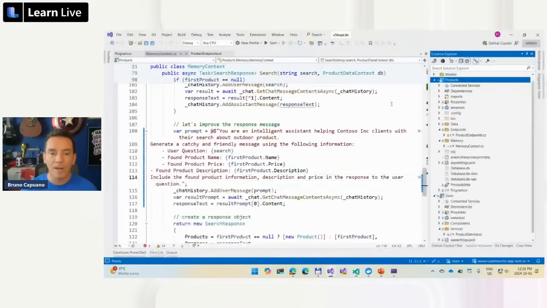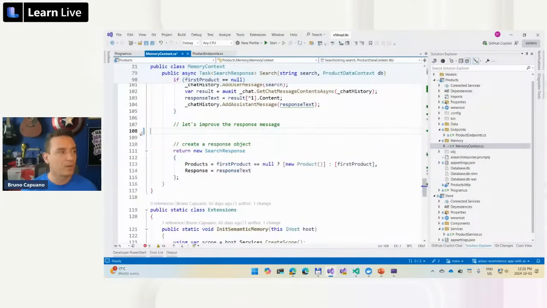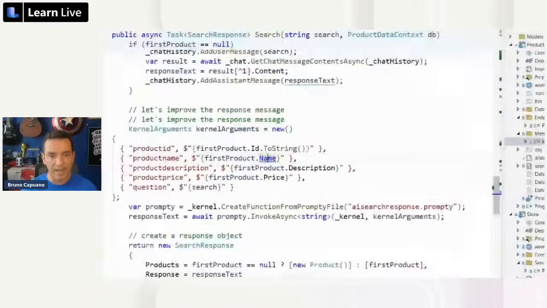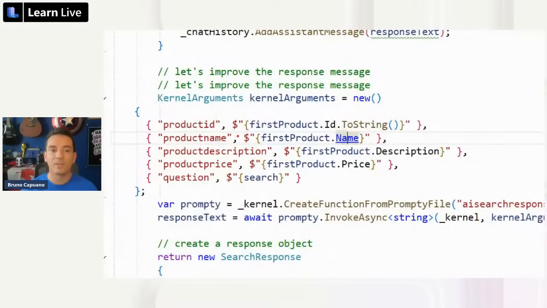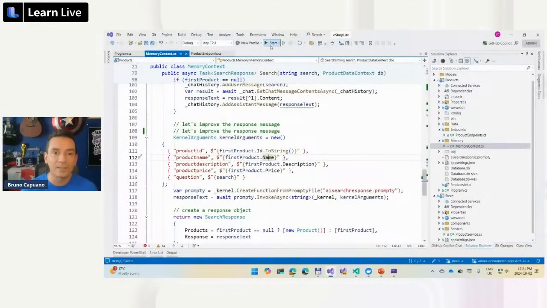So I can go back here, and instead of improving the code like this, I can improve my Prompty code. I can use my Prompty code, and this is going to be better because here I have my product ID, the product name, description, and price. So I'm going to pass this as arguments to the Prompty, and then I'm going to say, hey, kernel, use this Prompty file, the one that I showed you, that is part of my project, and invoke this async. So when I run this one more time,